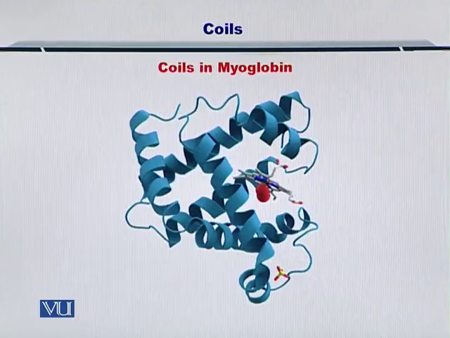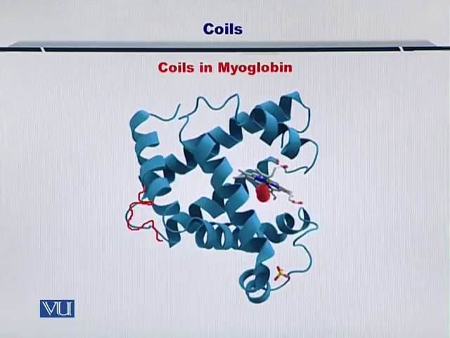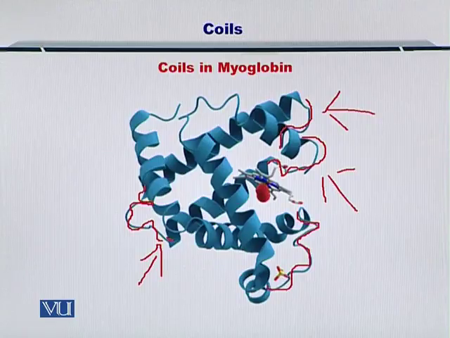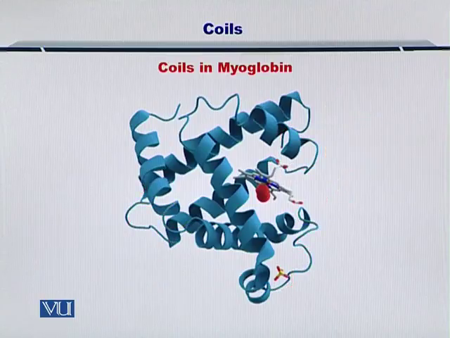I will show you an example here. So this is the myoglobin protein, and you can see here there are some unstructured regions within the protein backbone. So these regions are actually the coils. Also another one is here, and there are some portions within the protein where you can see these are the loops. So in this way, loops and coils come together and they organize the overall structure of the protein,